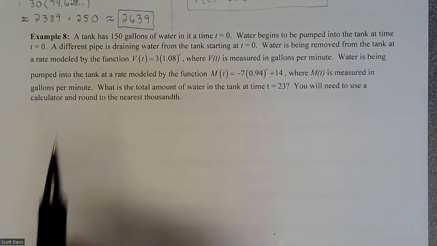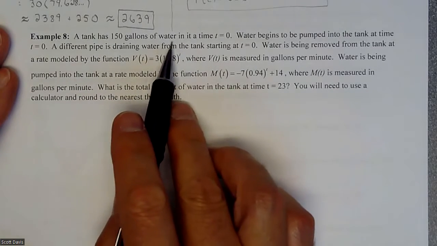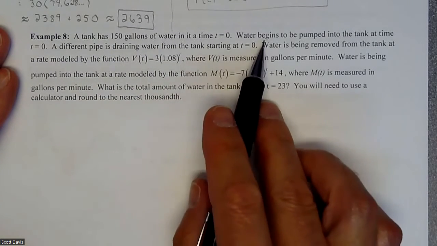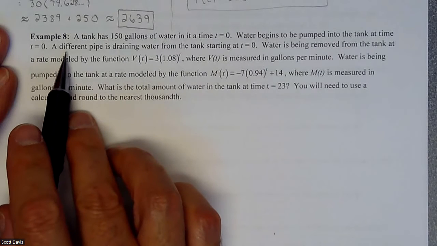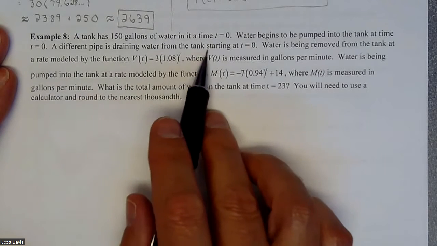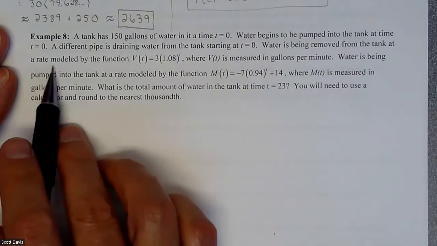In this example, we have ourselves a word problem and we need to figure out what's going on. It says a tank has 150 gallons of water at time equals 0. Water begins to be pumped into the tank at t equals 0. A different pipe is draining water from the tank at that same moment. So water is being removed from the tank at a rate,